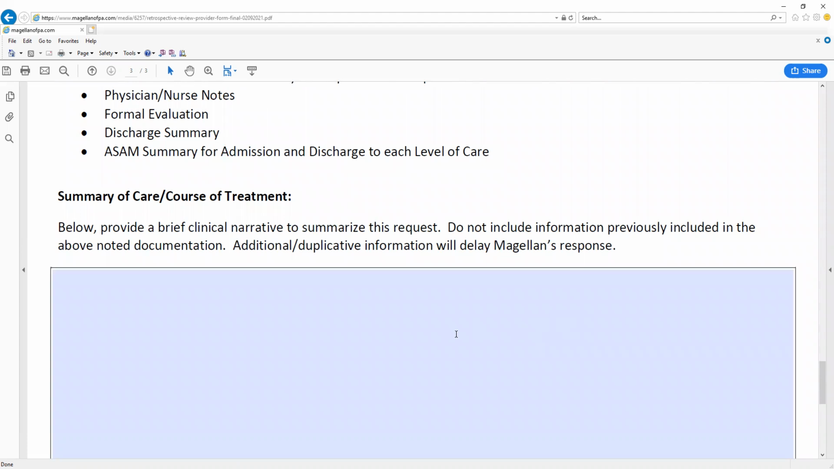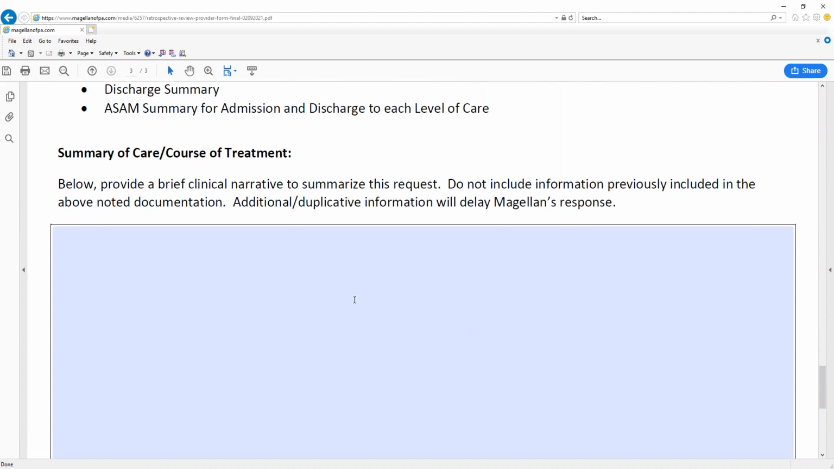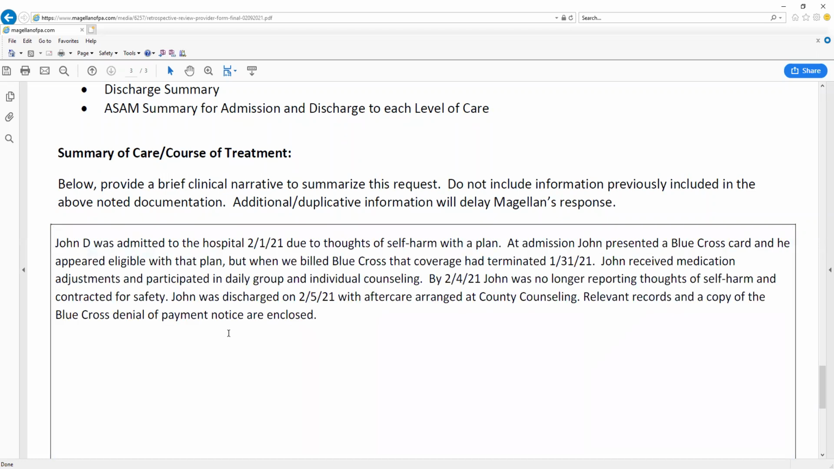Next, we want to offer just a brief summary of care, basis for the request, and course of treatment. This does not need to be a very long narrative, but we do want a quick summary of what services were provided and why you need the retrospective review. So in this case,